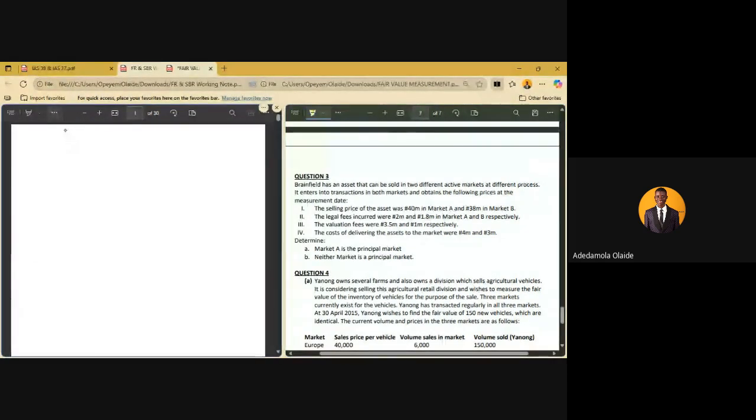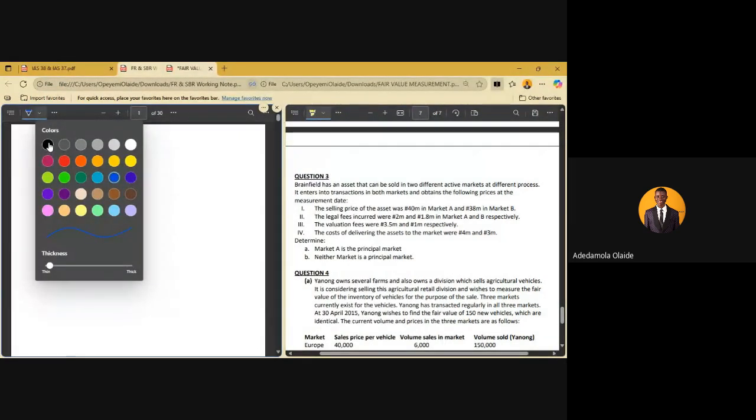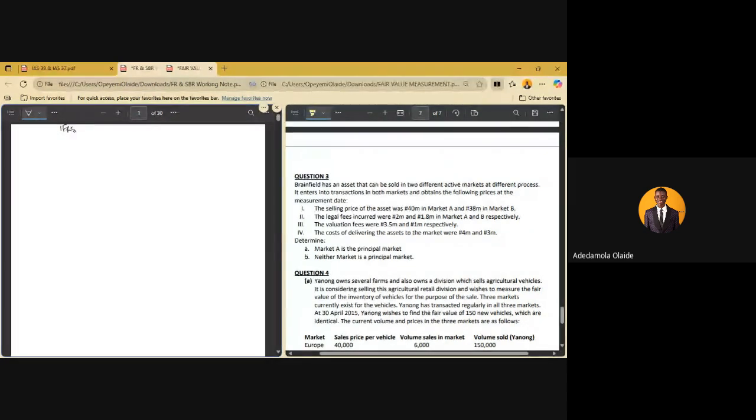We just have IFRS 13, fair value measurements. What is the fair value measurements we have? One, so we are looking at question 3, Brainfield. So if market A